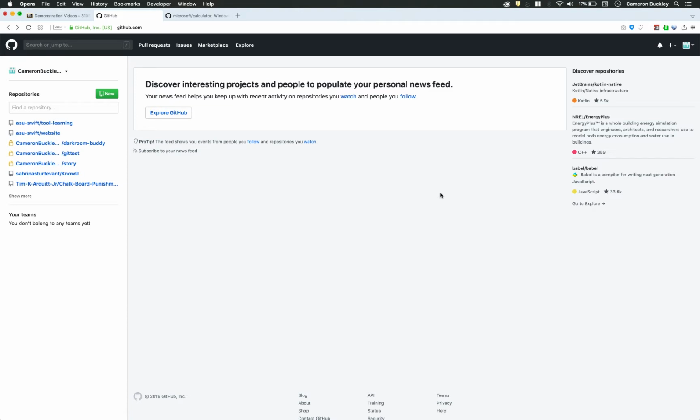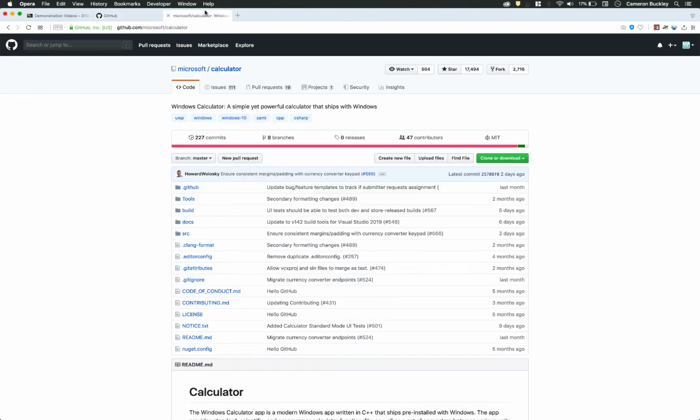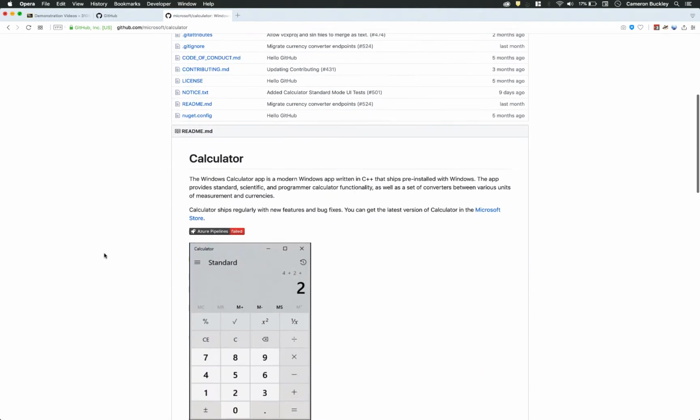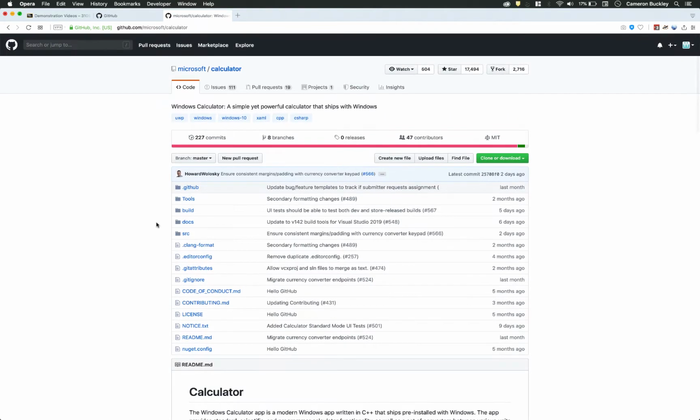GitHub is this giant software database where people upload and share projects with each other. It's used all over the world, by countless different types of industries, countless developers and companies. If you use a piece of software, it was almost certainly shared on GitHub in some way. In fact, just to show you, the Microsoft calculator is here on GitHub. So the Windows calculator was created a long time ago, and over the years has been developed and shared on